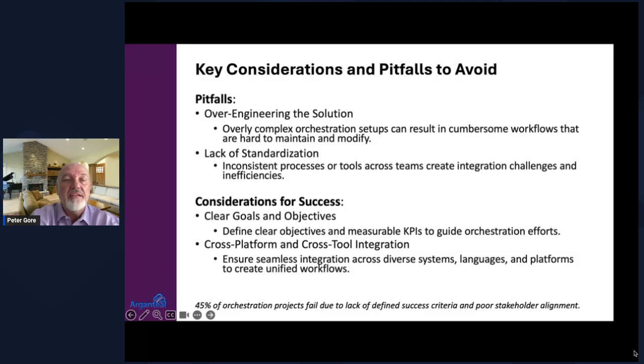That's almost half of the people available here are going to fail doing this. If I was to point fingers, which I'm not, at their orchestration projects, it's because of not following this very simple process for you guys to follow, right? So think about that. Think about the objectives. Think about the goals that you want and how you're going to do it.